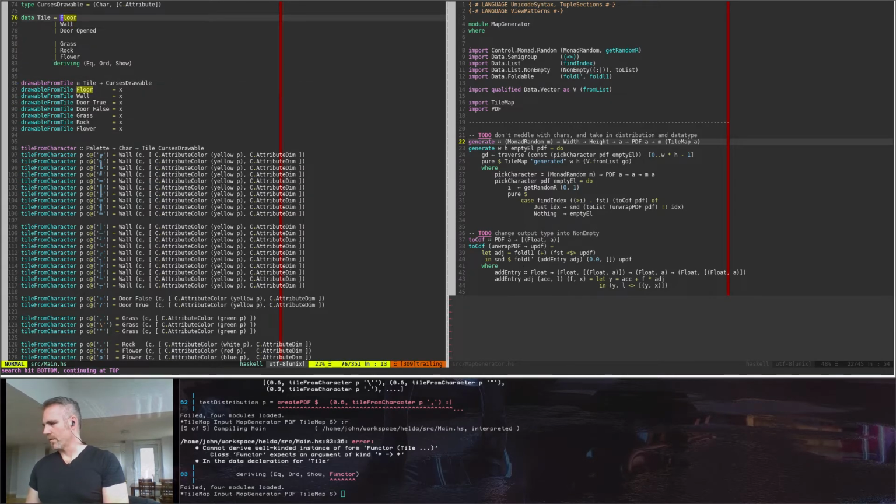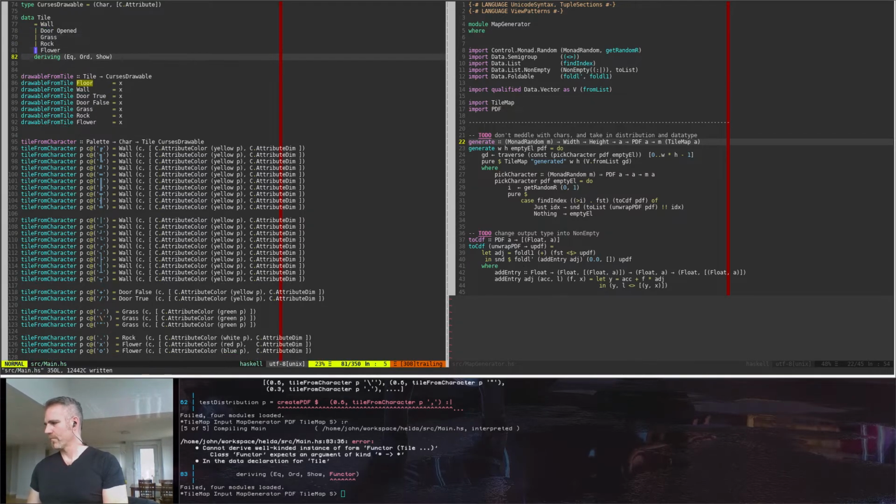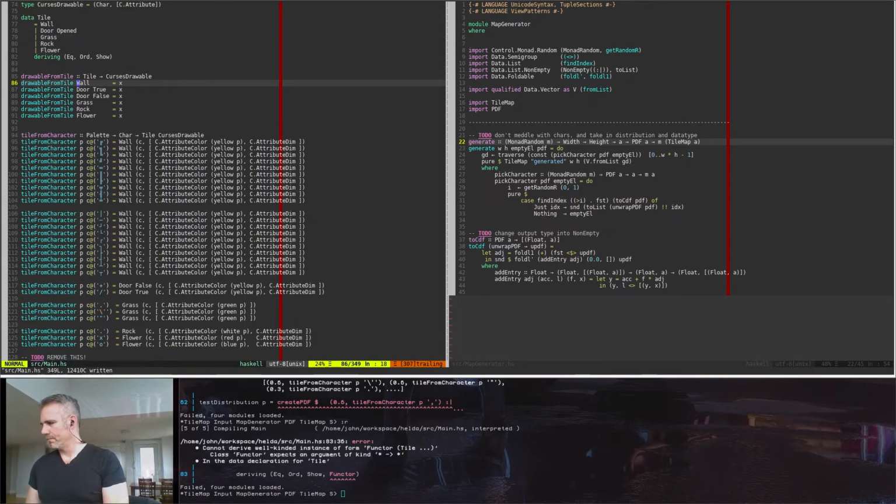Let me just see something. Yeah, so floor is never used because we have grass, so wall can safely get rid of. The second thing: I have a wall, but I don't know which one of these characters I need, right? So I'm going to need wall northeast, wall northwest, and so on. I don't feel like polluting this main